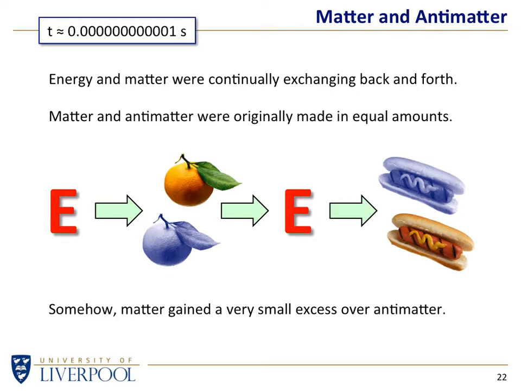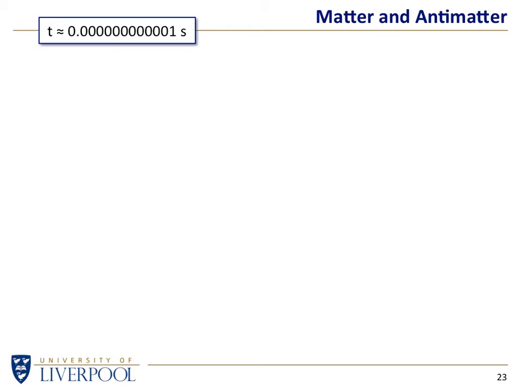And then here's one of the quandaries of modern science: somehow, in a way that we really don't understand, matter got a foothold over antimatter. According to the rules, whenever energy makes matter and antimatter, you should generate the same amount of stuff in both cases, the same amount of matter as antimatter. If you generate 1 kilogram of matter, you should generate 1 kilogram of antimatter. But in the early universe, somehow, matter gained a slight excess.